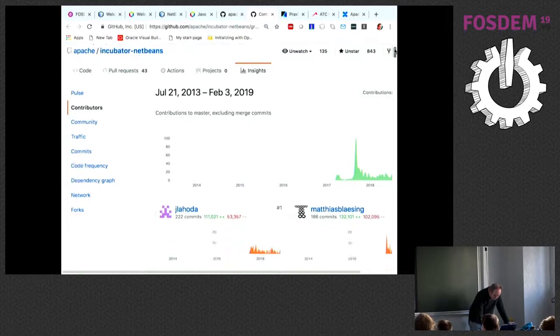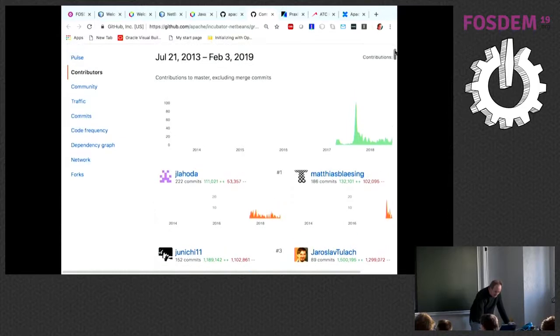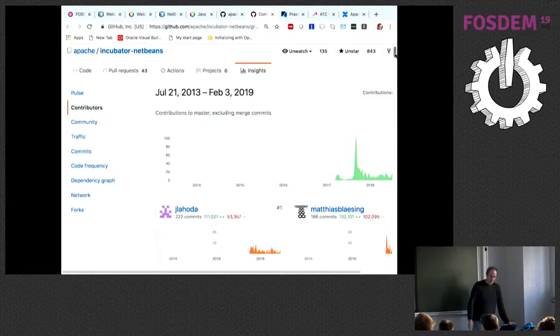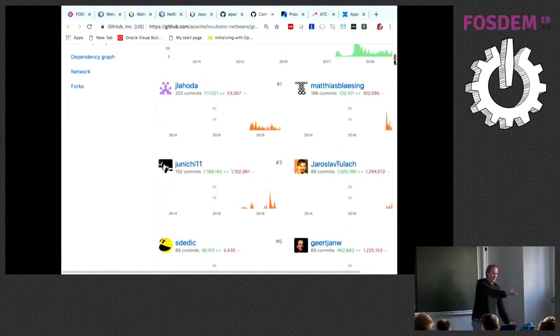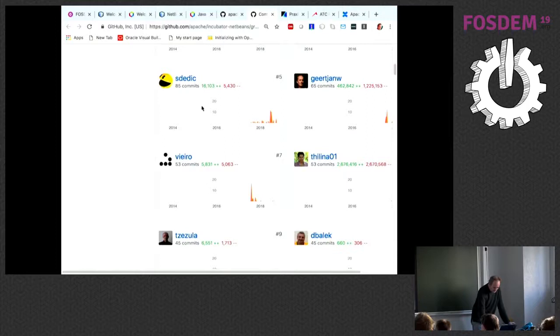So here are the people who have contributed since the very beginning of Apache NetBeans in Apache. And so you can see here Jan Lahoda, right here, the most frequent contributor from Oracle. And then the second person is Matthias Bläsing, so somebody from outside Oracle. So he's in Germany somewhere. Junichi is in Japan somewhere. So these are not Oracle people. And then Jaroslav Tulach, the founder of NetBeans, still working on NetBeans, and there's me, and this is someone else from Oracle. And then the next few are not Oracle.